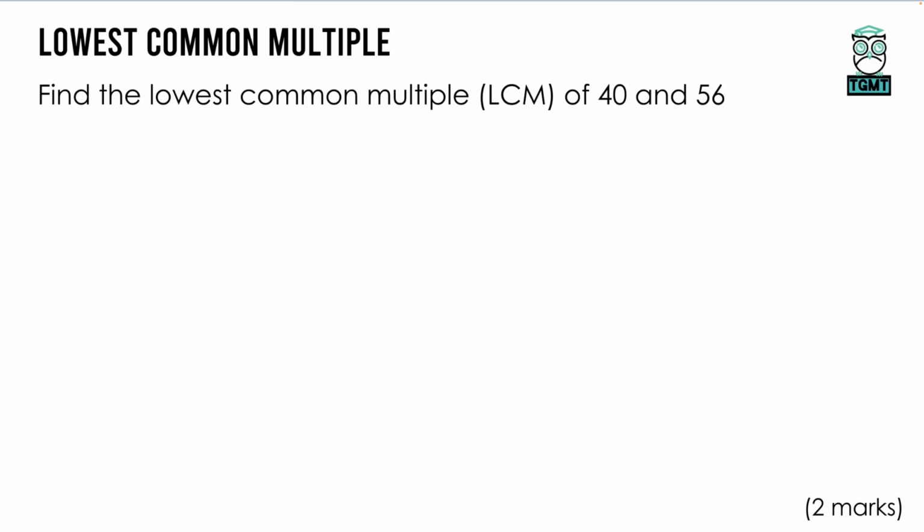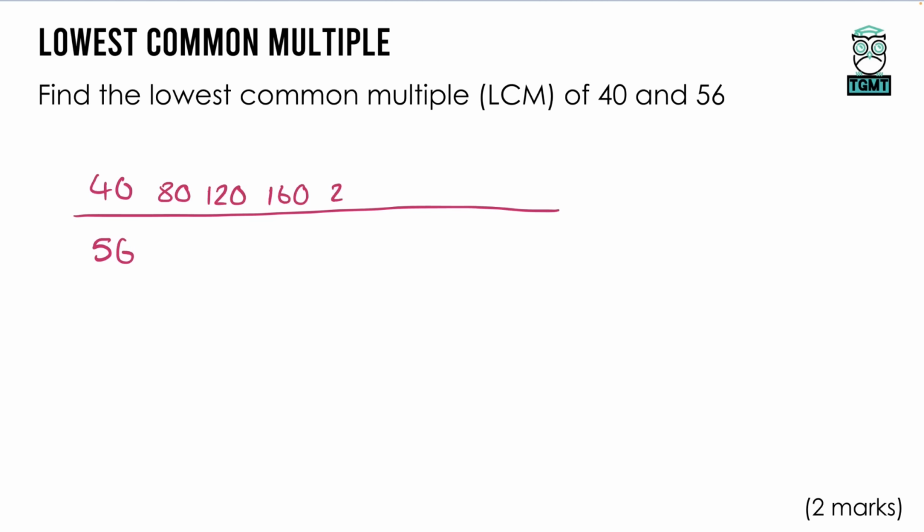When looking at the lowest common multiple, we can approach this question in one of 2 ways. We can either start by listing multiples of each number until we get that first matchup. So we could write 40, 80, 120, 160, 200. Typically I'd write at least 5 and then we'd move on to the other side. So now moving on to the 56s, we get 112 and then